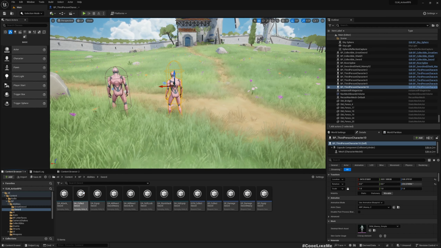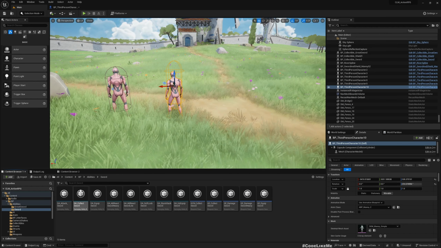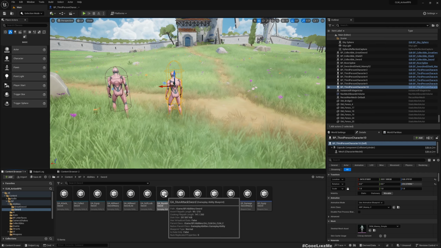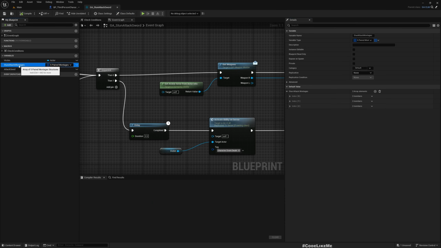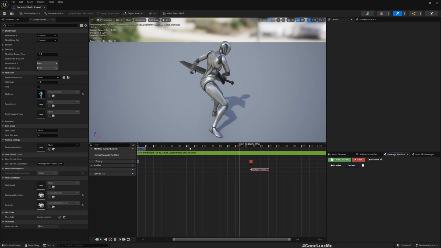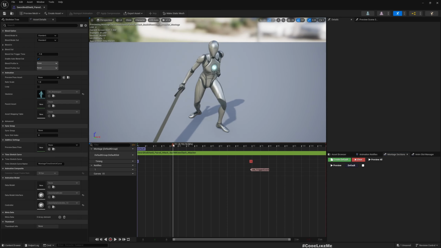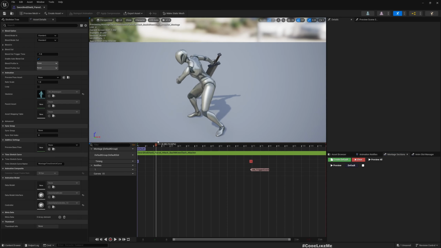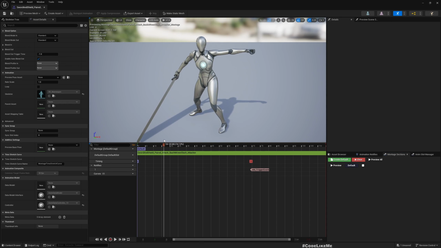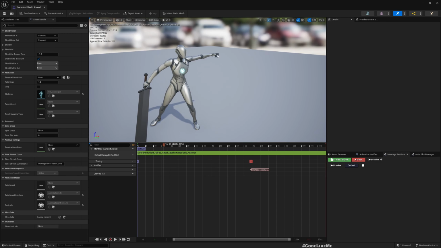Let me open the stun attack. So here, if I consider this animation, we have actually 3 contact points. First one is bashing with the